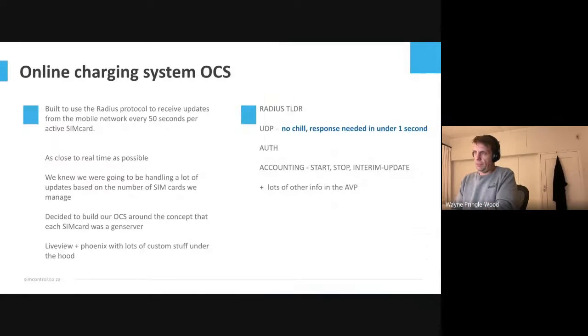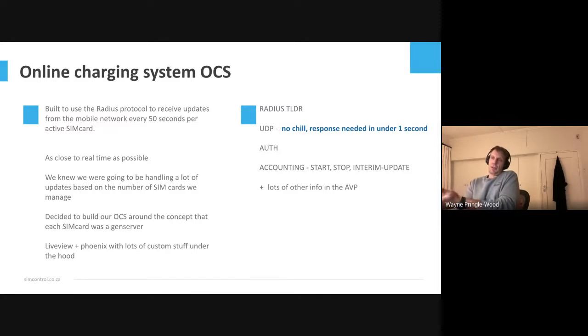The main thing we're going to talk about is this system called OCS, or Online Charging System. About 5 years ago, we started to integrate more deeply into the network. One way to do that is by integrating into the packet core with Radius. If anyone's older, they dealt with dial-up modems, and that was Radius, an accounting and authorization protocol.